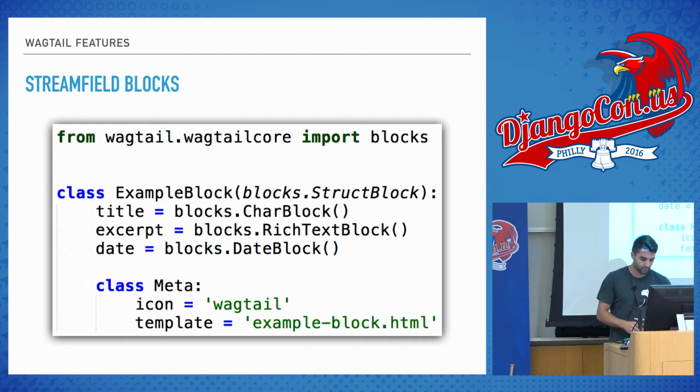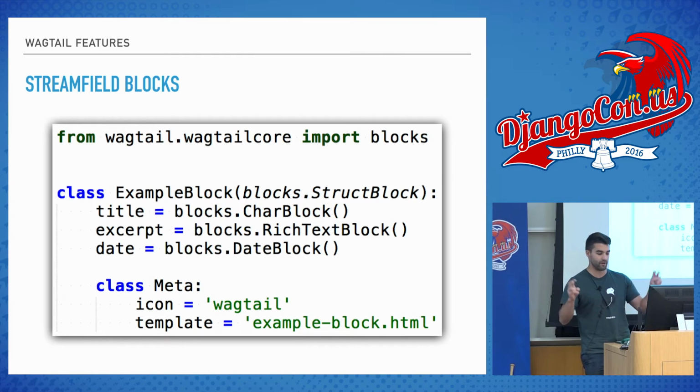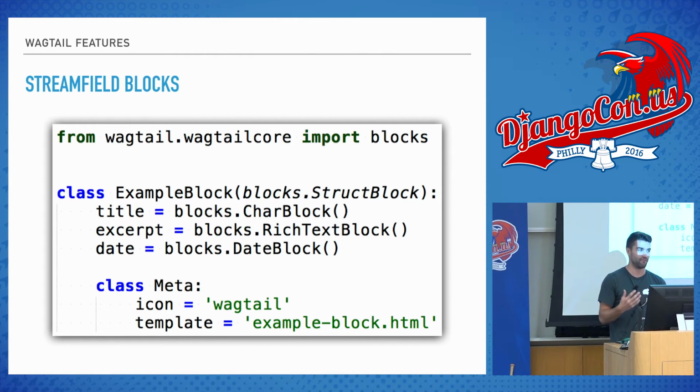Really, we're inheriting from a couple of things, but what's important to understand is that blocks.StructBlock, which is what we're inheriting from here, is just a way to combine different blocks, right? And a block you can think of as kind of like a model field, even though it's not something that's actually getting directly saved to the database. The only thing that's saved to the database is that text field when you're declaring StreamField.